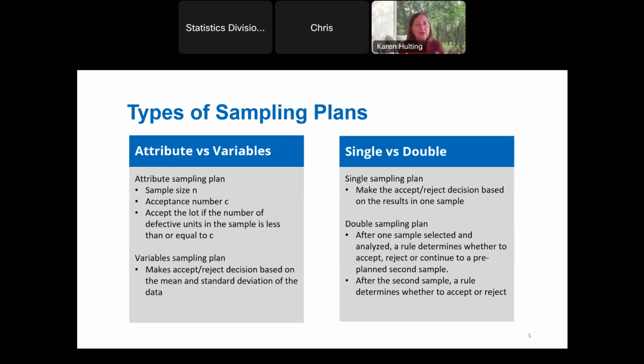Okay, so we're going to start out with a couple really important distinctions about acceptance sampling plans. And there are more distinctions, that as you get deeper into this topic, you might learn about. But the two most important are, what kind of data do we have that we're going to make this decision on? So we can have either attribute or variables data. The most typical attribute data is pass-fail data. And so acceptance sampling plans using pass-fail data are very, very common. I would say they're the most commonly used acceptance sampling plans.